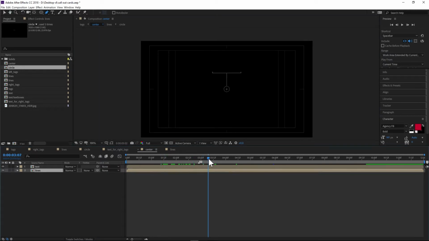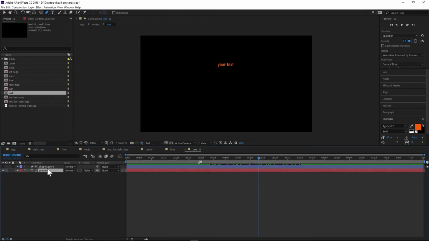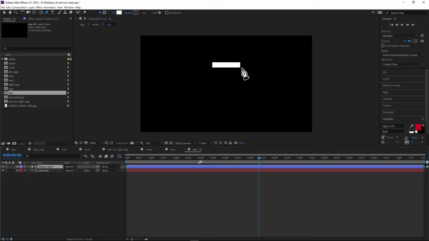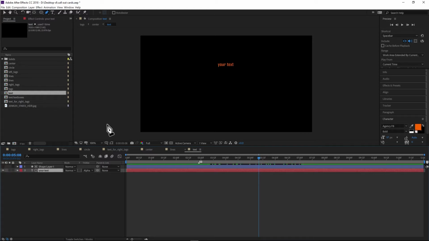What's left now is the text. Have this little fade in and then fade out. So I go into my text. And I created a shape layer. And it's within this football. And all I had to do is just get the text to get into the box and it'll be visible. If the text is not in this box, it won't be visible because I set it up with alpha matte. So as long as this text is in this box, you'll be able to see it. If this text is not inside this box,